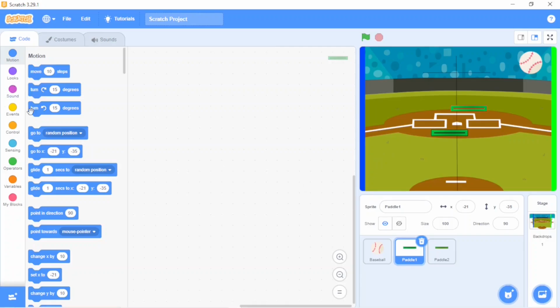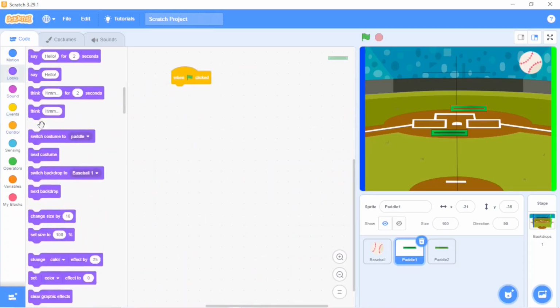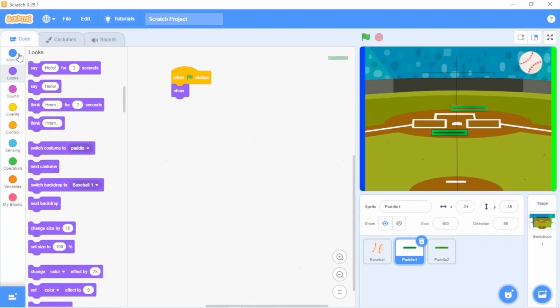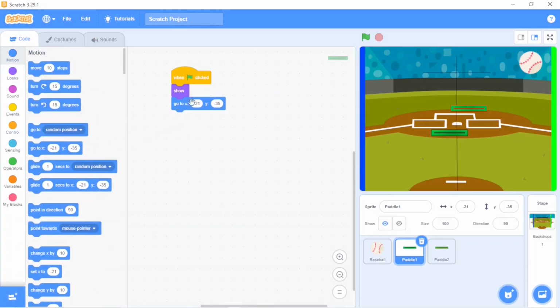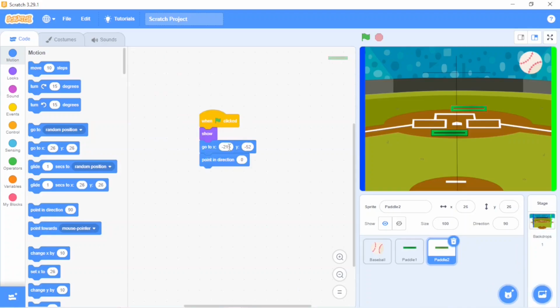We will set its position. Now go to events. When flag clicked, looks, show, motion, go to x minus 215, y minus 52. Now take point in direction 0. This is done. Now put this into the red one. Over here I will change the position or else it will overlap.